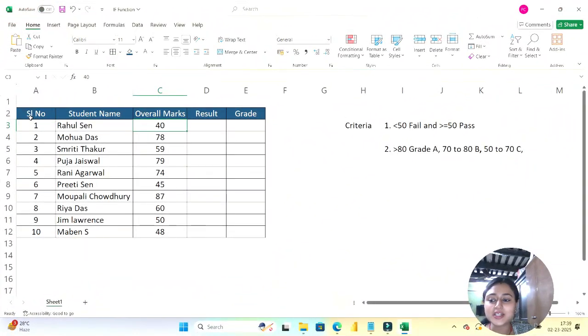To start with today's functions, that is the IF and IFS functions, very powerful functions in the logical statement series we will be discussing today. For that, I have taken a sample table where 10 students' names are there and their overall marks. The criteria is that we have to prepare their scorecard. This is the overall marks obtained by the students, and based on that we have to provide their result